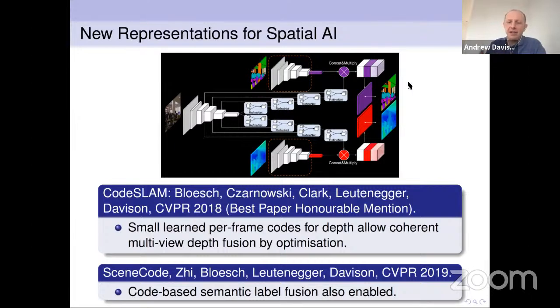So clearly here we can do some machine learning, and we can try and look at a data set of rooms and try and learn what's typical about rooms, and in particular try and learn some lower dimensional embedding. So that's in particular what we were doing in the two papers that we had a couple of years ago, CodeSLAM and SceneCode.